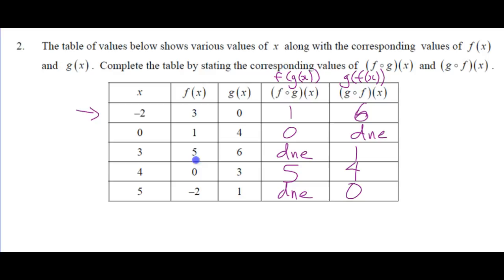Okay. So f∘g is f of g of x, right? Okay. So when x is negative 2, what's g of negative 2? 0. So now we want f of 0. So we go down to where x is 0, and we do f of 0, and that's 1. Okay? So g of negative 2 gives me 0, and f of 0 gives me 1. Okay? And then g of f of x,